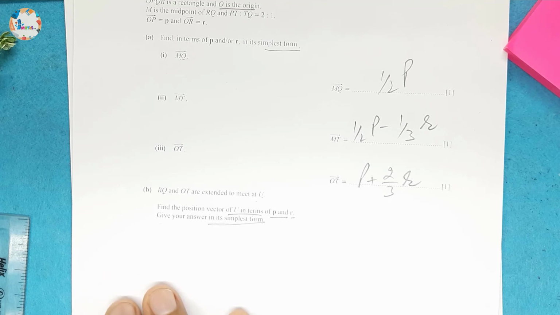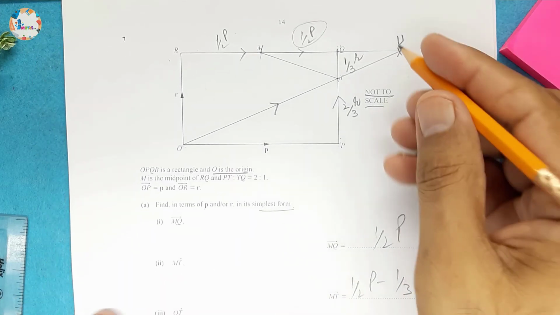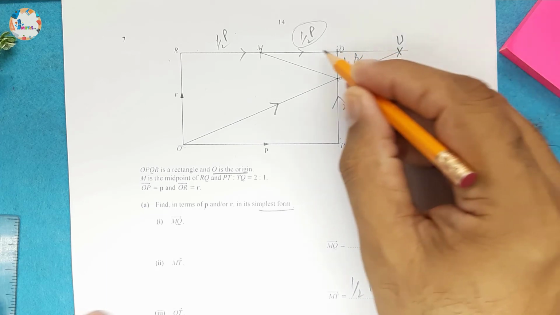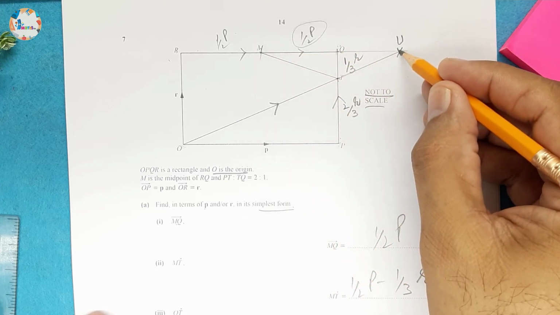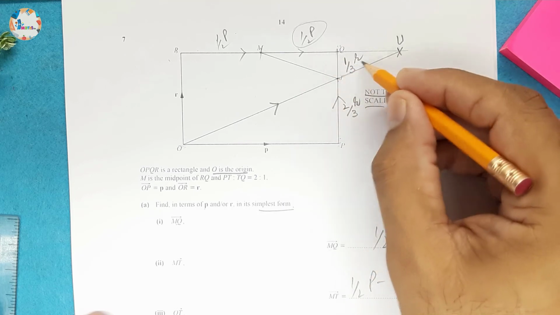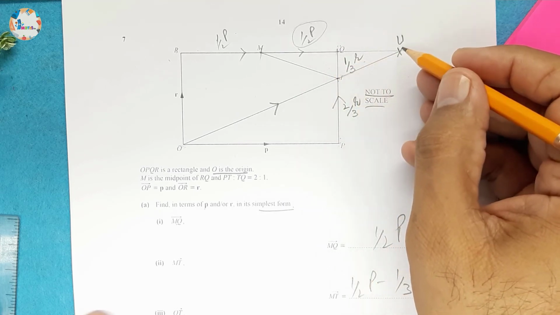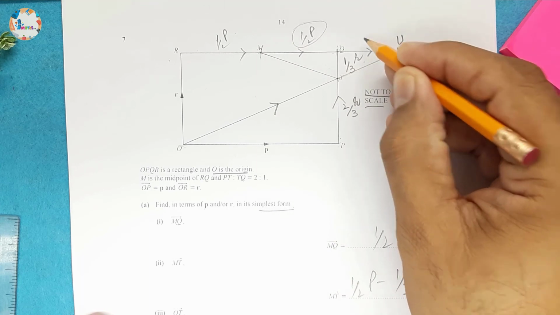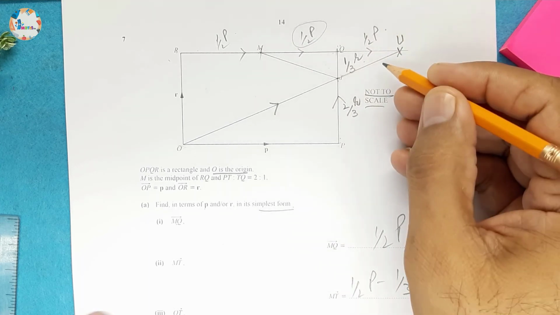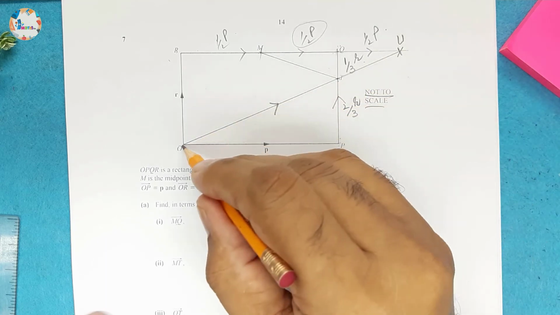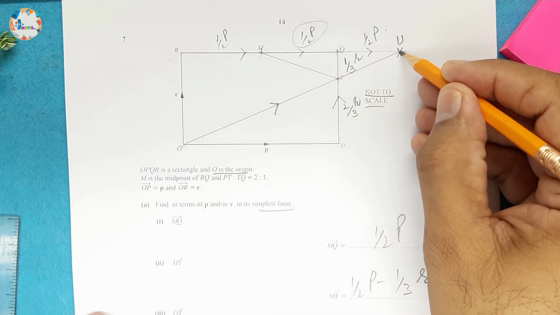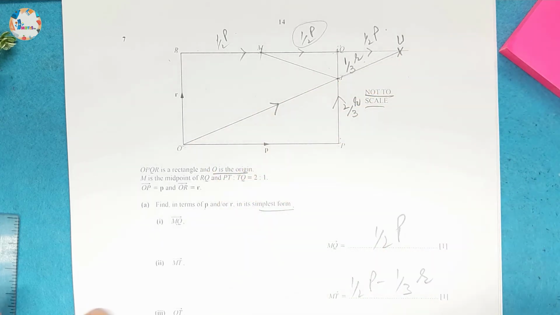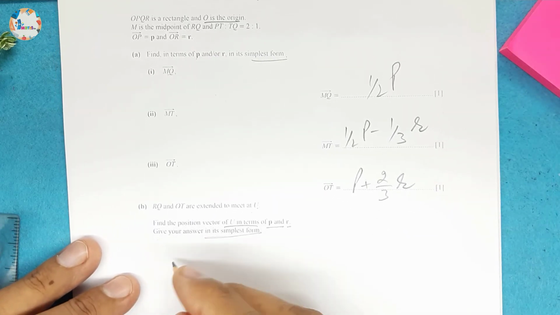So for this part, basically if we carefully see, this one is extended to this U and this is also extended, and these two triangles are basically congruent to each other. So this is half P, this will also be half P, and the position vector of U will be OU, and we can write OU is equal to